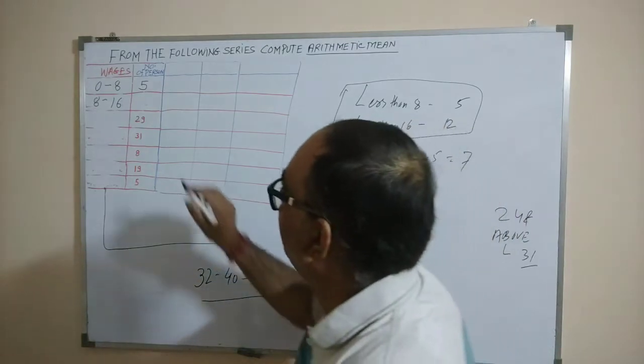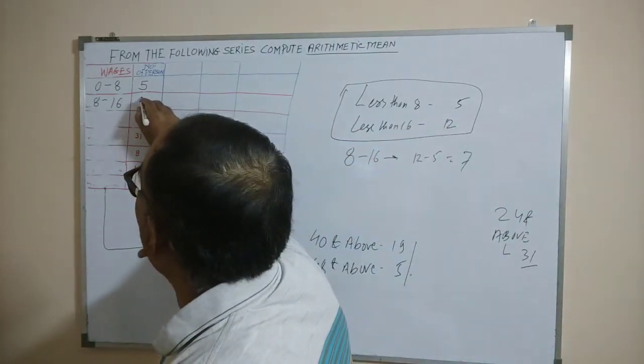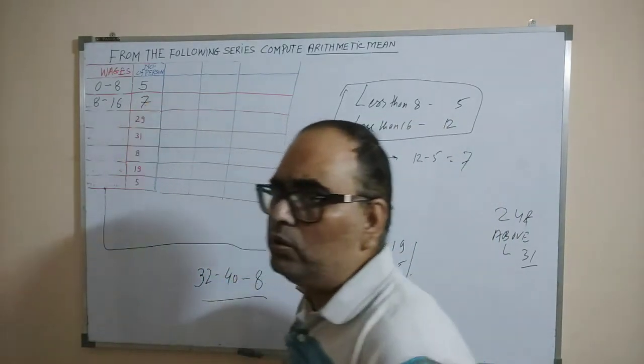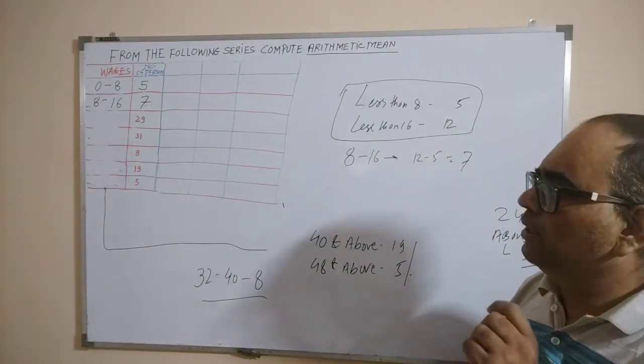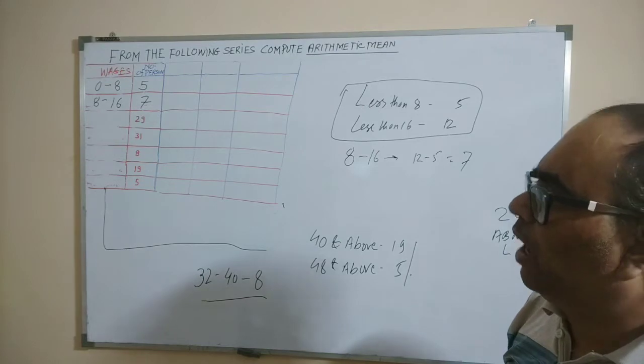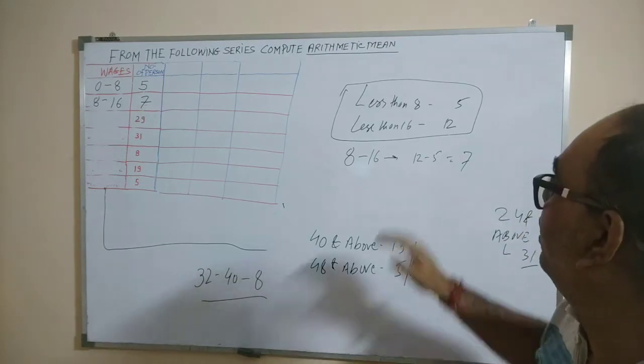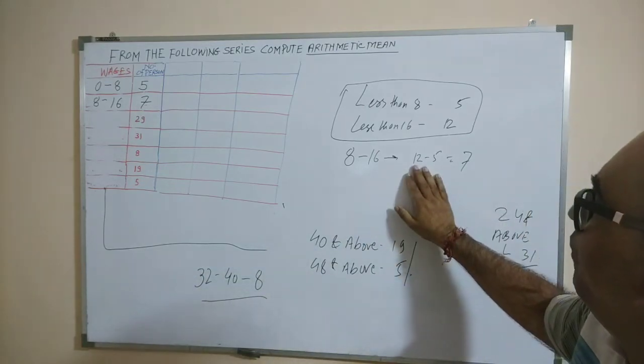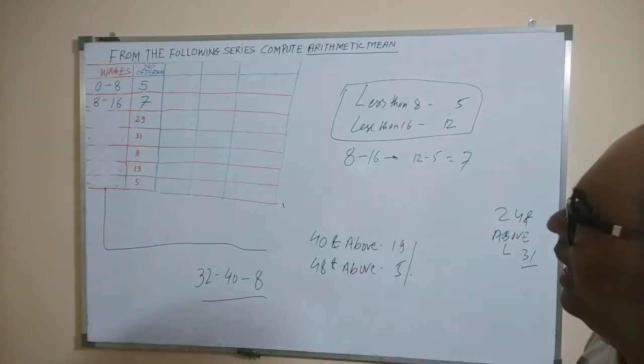The 7 comes by subtracting 5 from 12. Next,